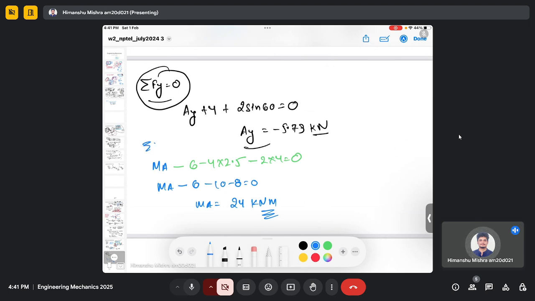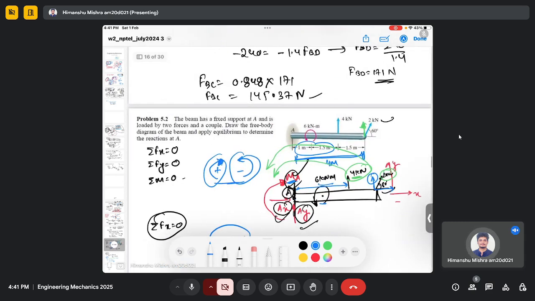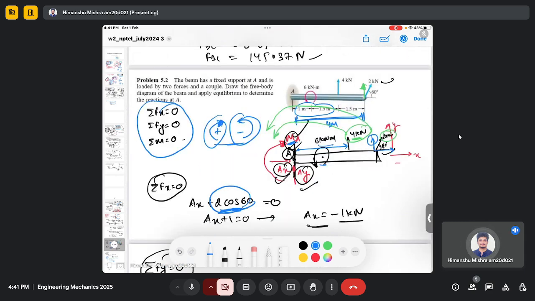So this is when you use the third equilibrium equation, summation of moment at any point equals 0. So using all these three equations of equilibrium in this question, you can calculate the unknown reactive forces and reactive